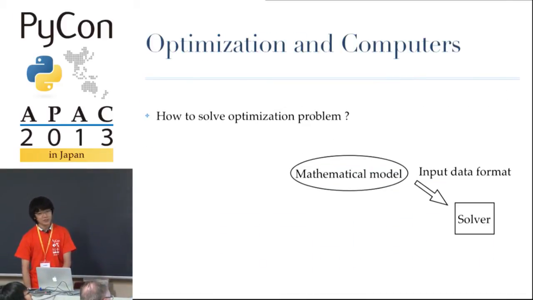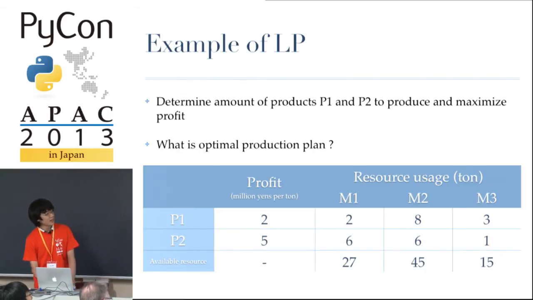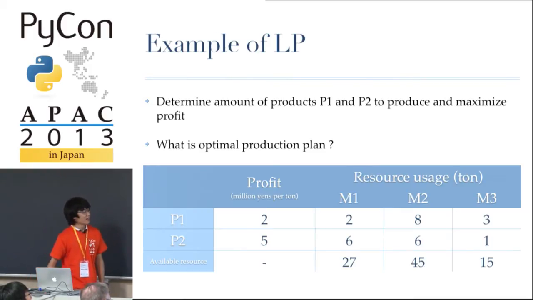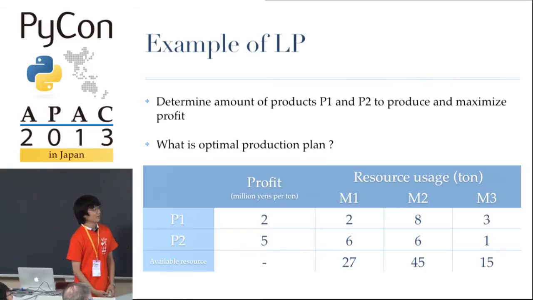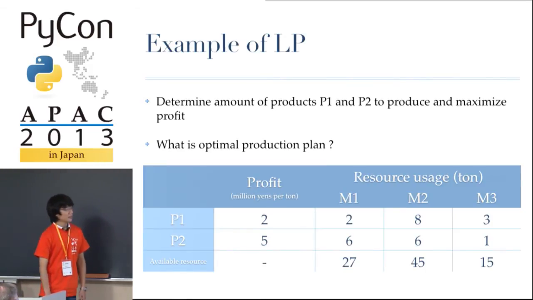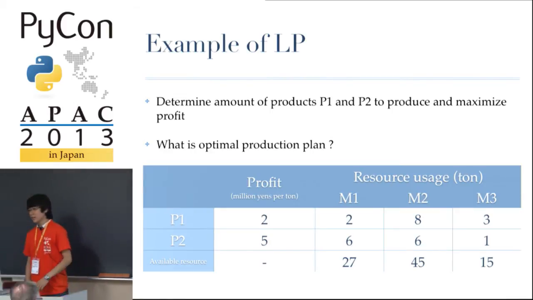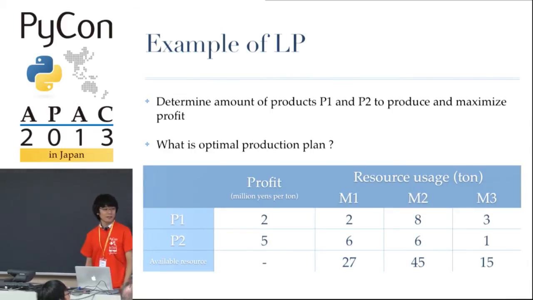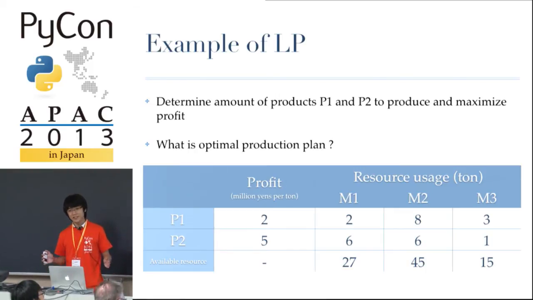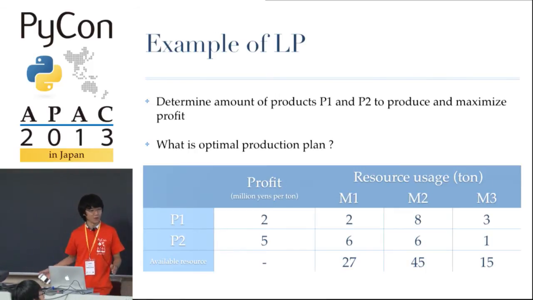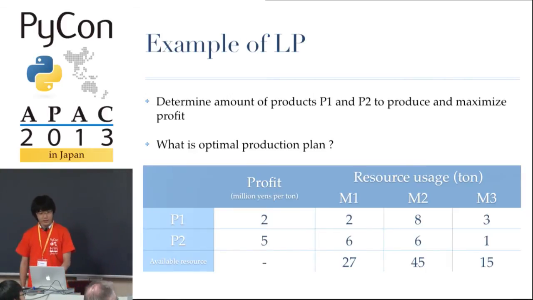Then, how to solve these problems? This is an easy case, but in the real world, there are many variables. For example, this case has only 2 products. In the real world, there are 1,000 or 10,000 or more products. In that situation, we